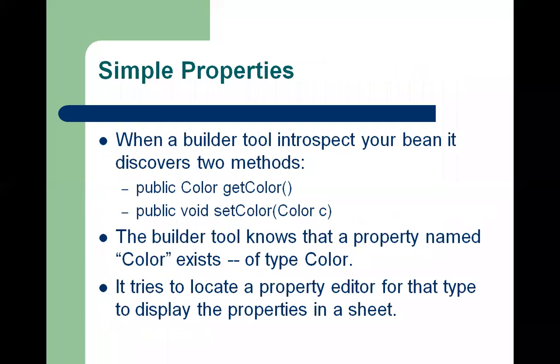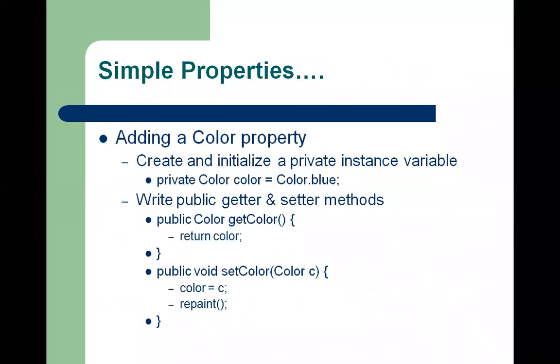Okay, let's move on to the simple properties. So adding a color, we just create and initialize a private instance. We create a private color called color blue, and that will return a color. And this is a getter and setter method. So first of all, we click, then it will be get, and then we again click that drop button, and then it is a set, and finally drop. That color has been dropped to the space that we have specified. That is what a property of a bean is all about.